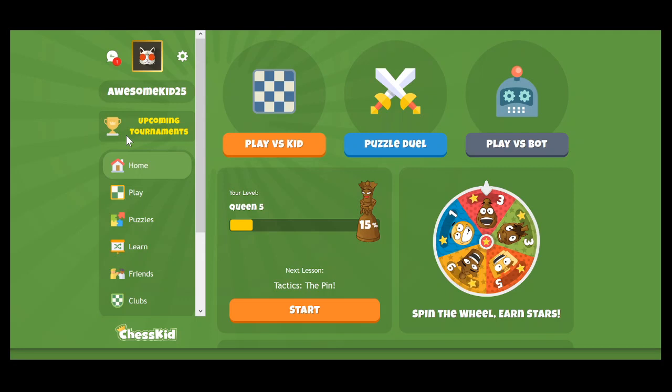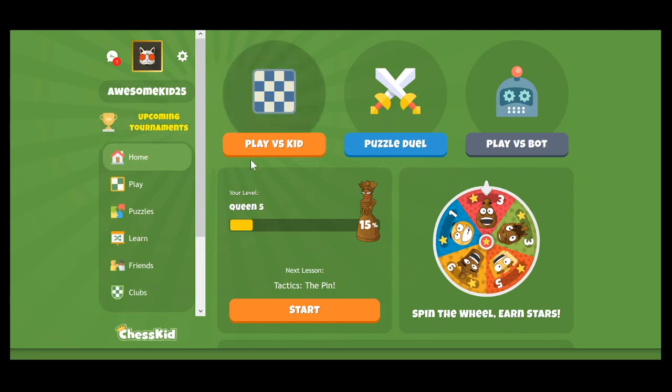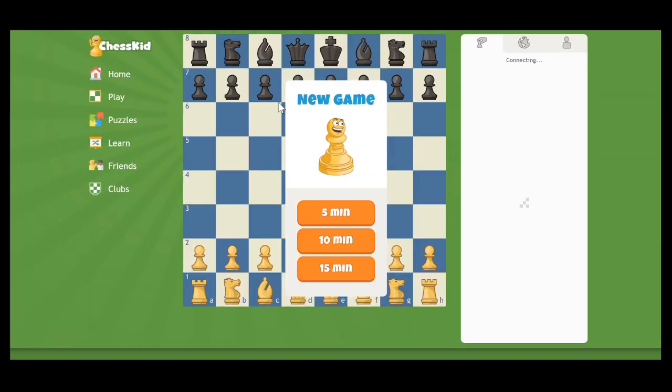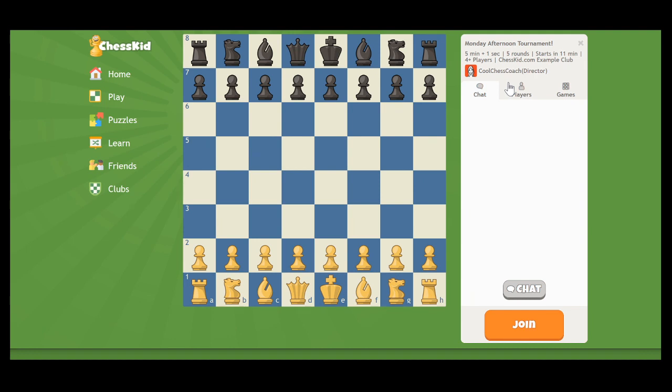They can also get to the tournament directly from the Fast Chess Play vs. Kid page. When there's an event taking place, a Tournaments tab will appear on the right-hand side. If they click the event name, they'll be taken into the tournament lobby where they can join. Kids only have the ability to join a tournament in the 15 minutes prior to the event's start time. They should click the orange Join button at the bottom of the screen to register.